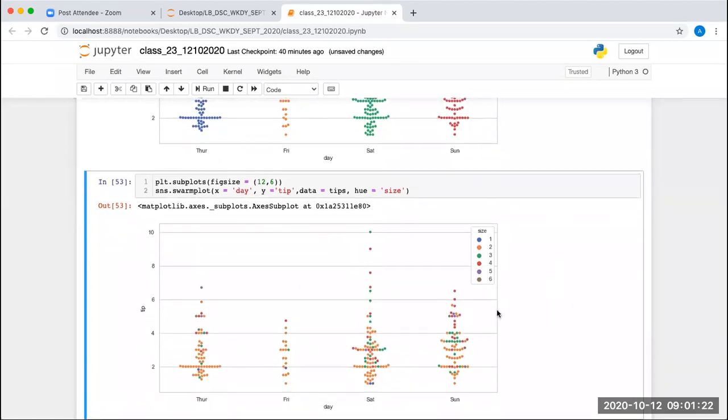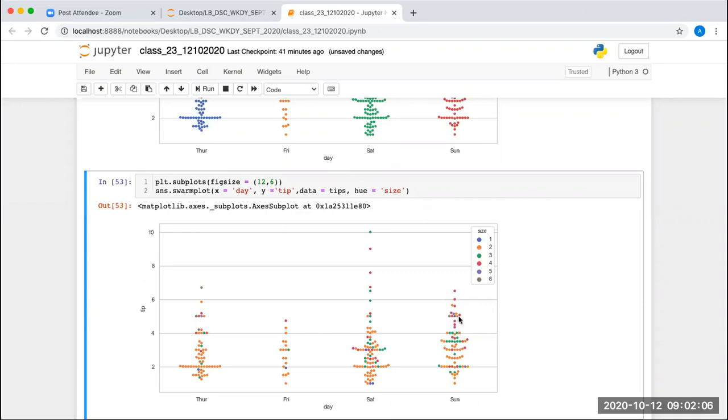So when people are coming in a group of 2, they're giving around $2 on Thursday, everyone, and there are few outliers also. When people are coming in a group of, let's say, 6, here you can see there is one brown dot. Is there any other brown dot? There are very few brown dots, and they are giving very little. So here also, on Thursday, one group has come which has given a bit more than $4 and around $5. Here also this is $5. So a higher number of people are giving a higher amount of tip.